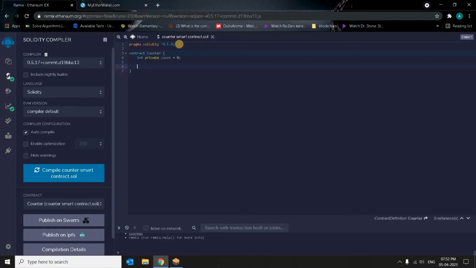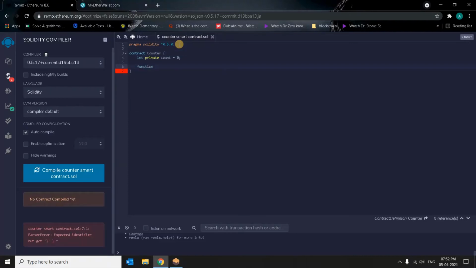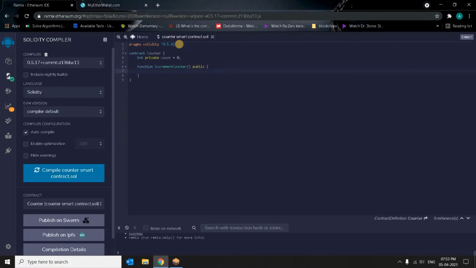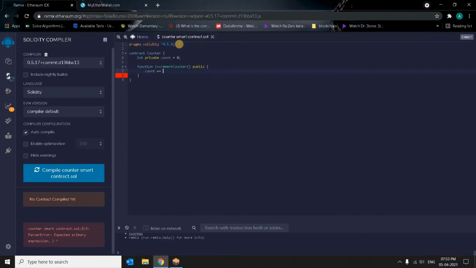Next, we will use the increment function. So function increment counter public. So this is a public function. Now inside the function, I'm going to increment the count by 1. So count plus equals 1.